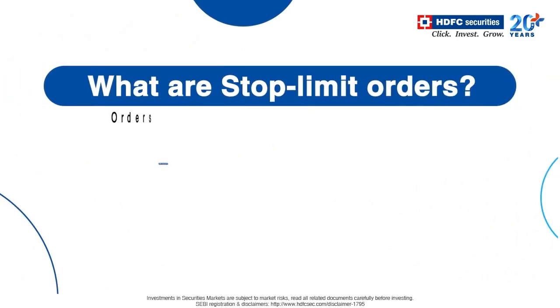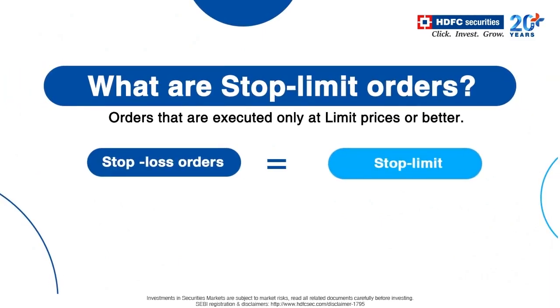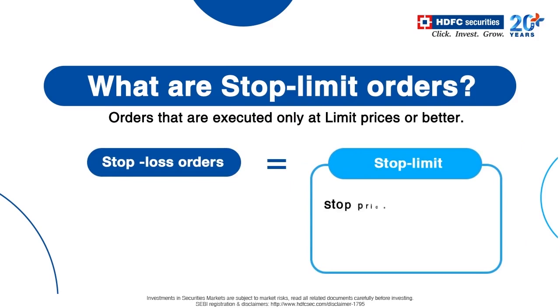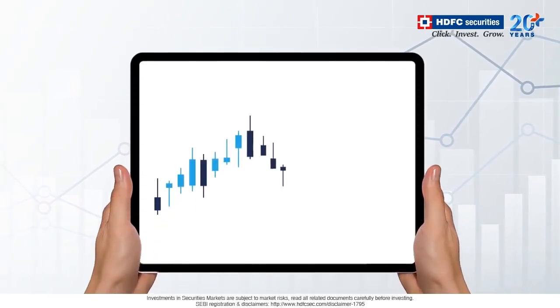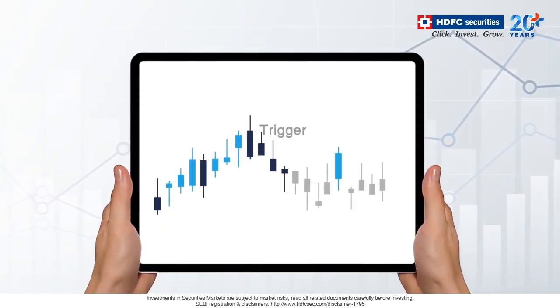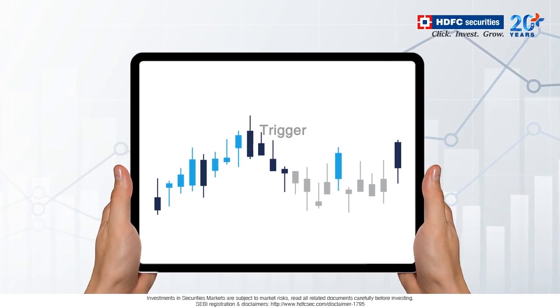Stop limit orders are similar to stop-loss orders, but they come with a limit. There are two prices specified in the case of a stop limit order: a stop price or trigger price, and a limit price. When the stock reaches a specified price, it triggers the trade as a limit order and trades only at that